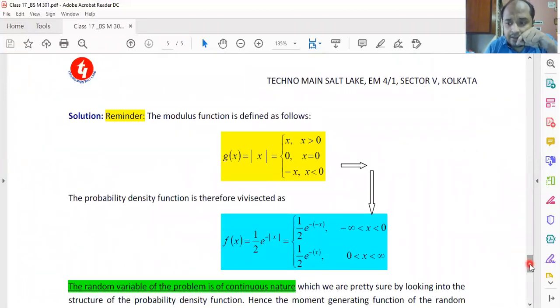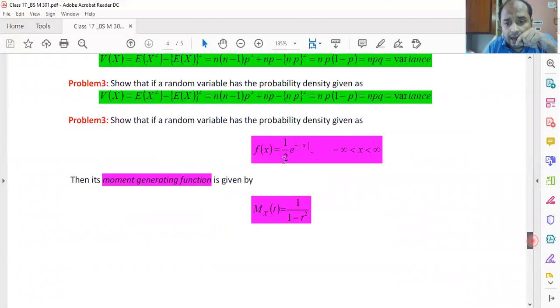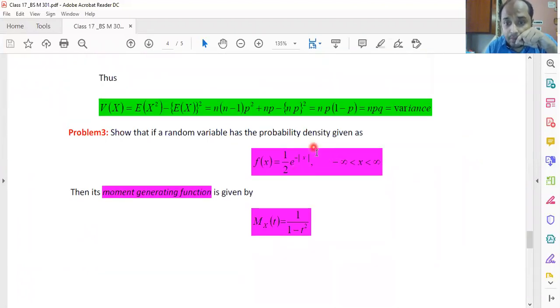What is the function? The function is half e to the power minus mod x. Now mod x is here. So I'm going to show you the solution. You just follow the steps, how I am approaching the problem stepwise, because don't do the problems arbitrarily. Always try to write meaningful sentences and meaningful statements. So my first identification is,